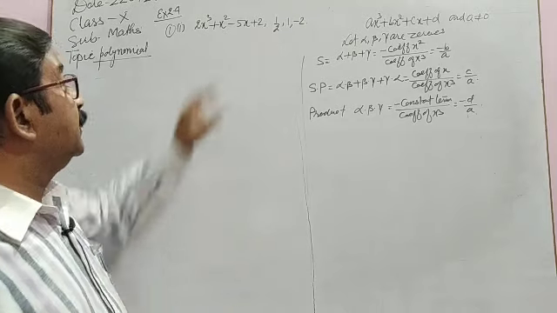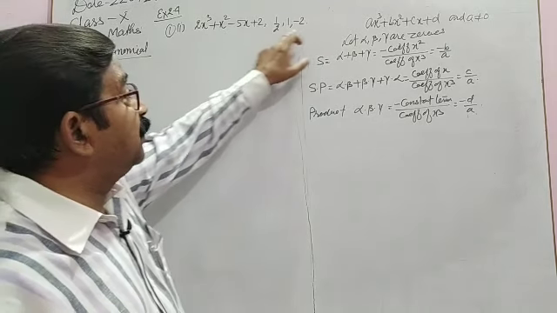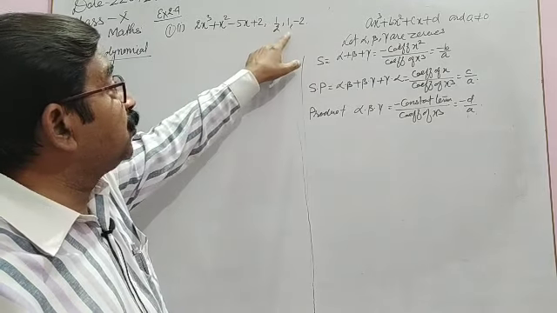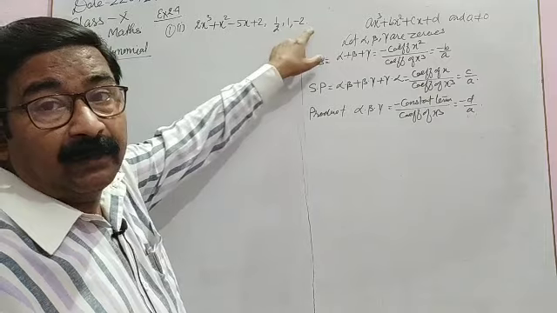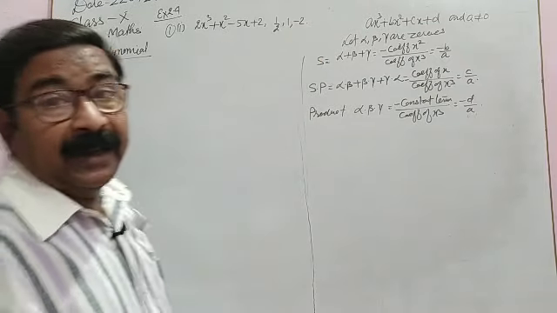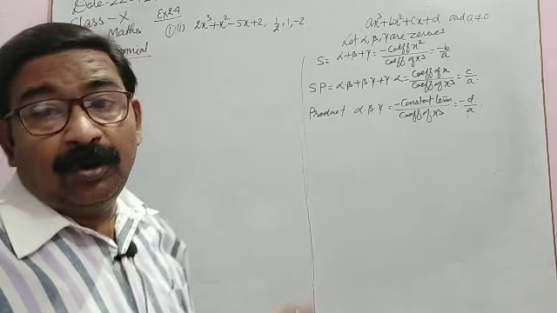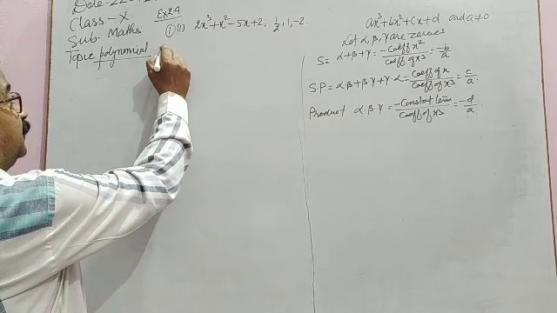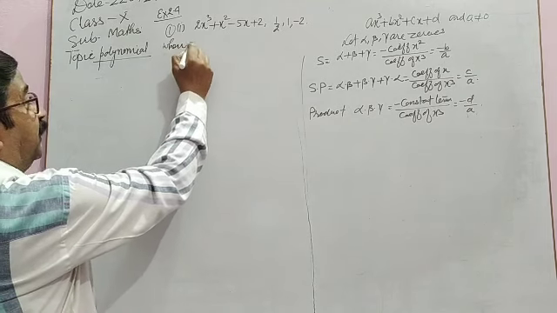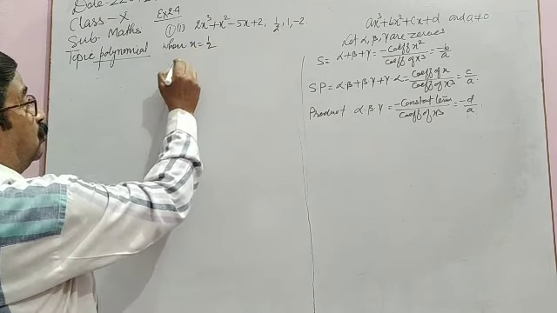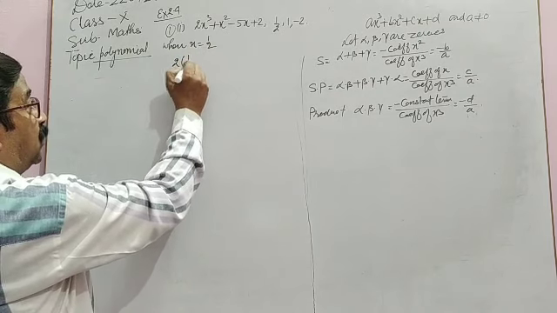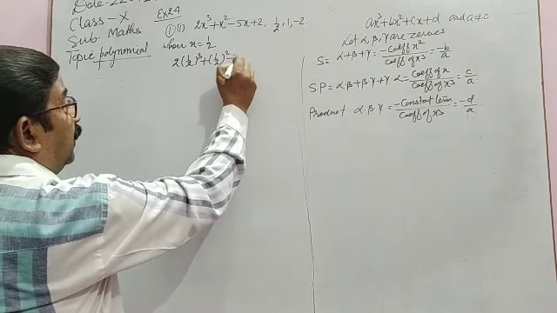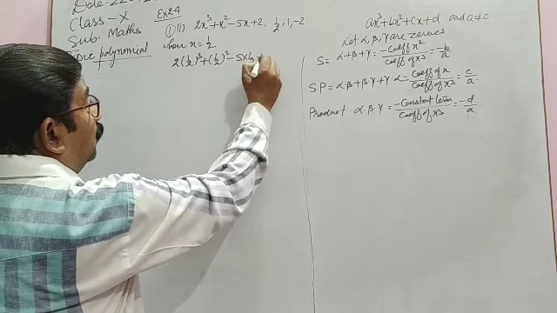So let's see, since it is a cubic polynomial and three numbers are given, its three zeros are these, so let's check whether these are zeros or not. We will put the values 1 upon 2, 1 and minus 2 in this polynomial one by one, and if the result becomes 0, these are zeros of the polynomial. Let's see. When x is equal to 1 upon 2, we have 2 into (1 upon 2) cube plus (1 upon 2) square minus 5 into 1 upon 2 plus 2.